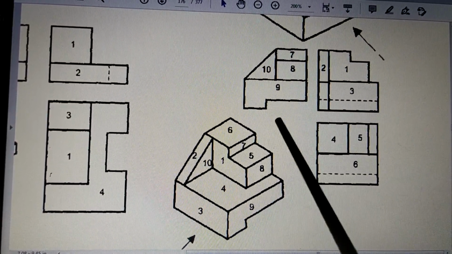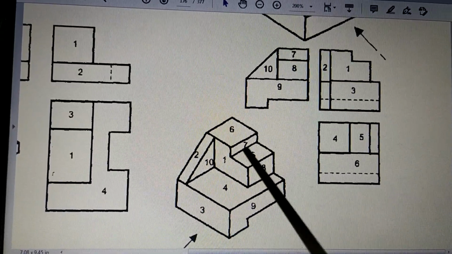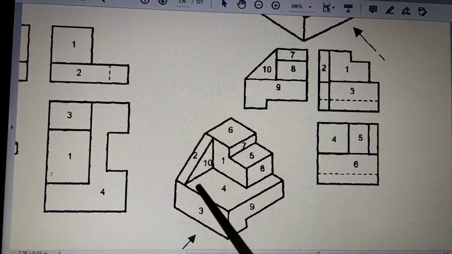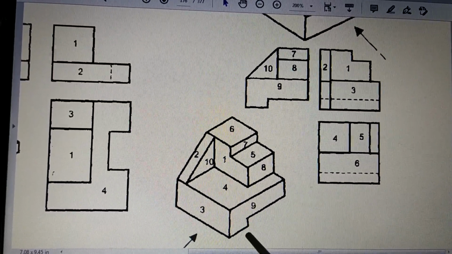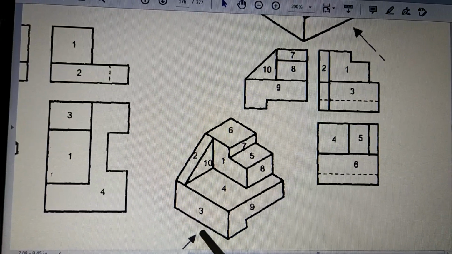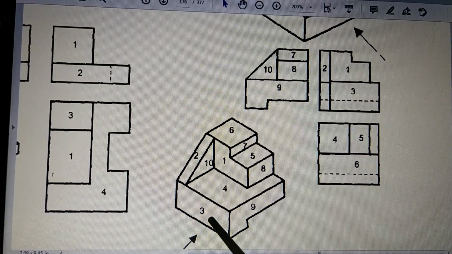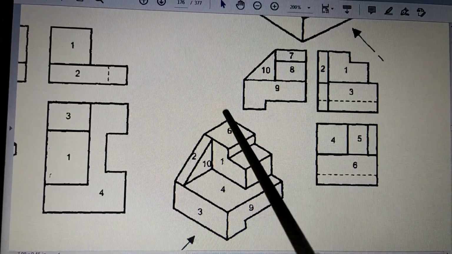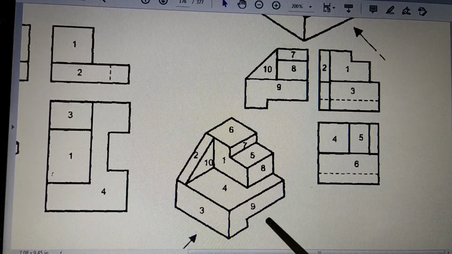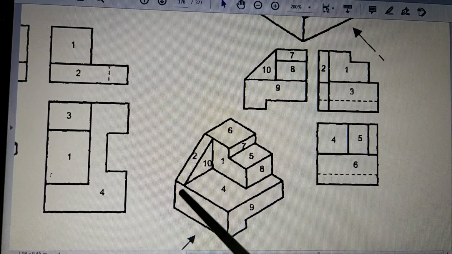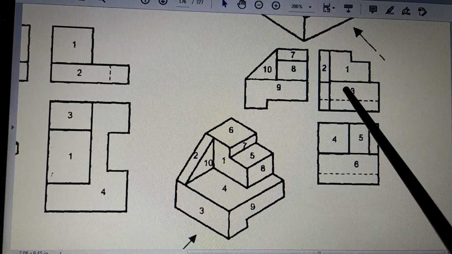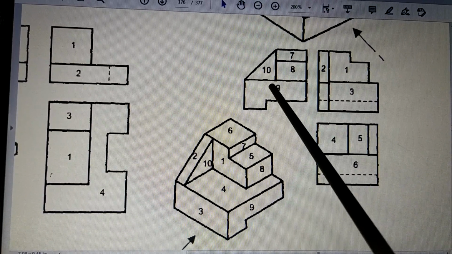Now this is the next problem. So you can see again that there is a part here. Some figure is shown, some object is there. Now if you look at this object in this direction, how it is seen is to be drawn. So you have to draw the front view like this. If you see from above, you have to draw the top view. When you see in this direction, that is the right hand side view, you have to draw it on the left side. So the front view is already drawn here. This is the front view. Then there is a top view. And then there is a right hand side view drawn on the left side.